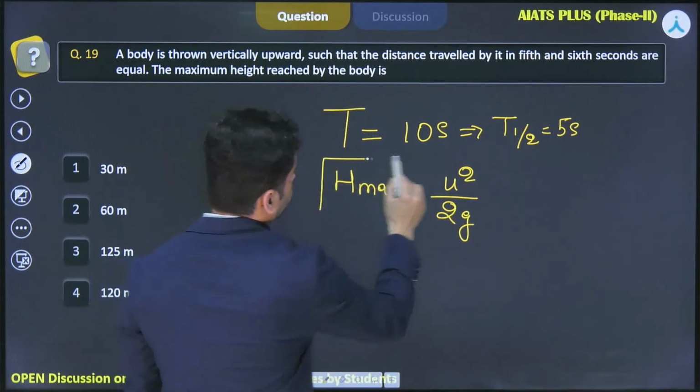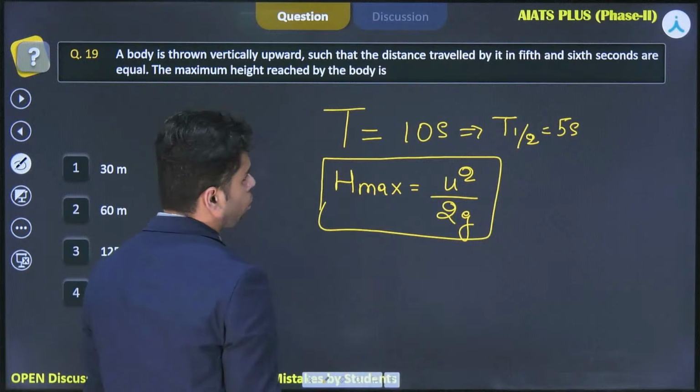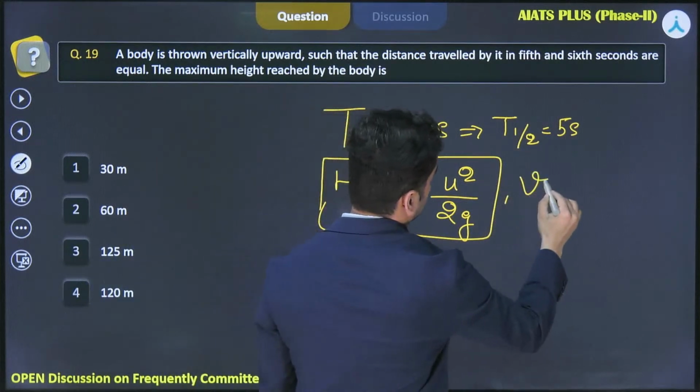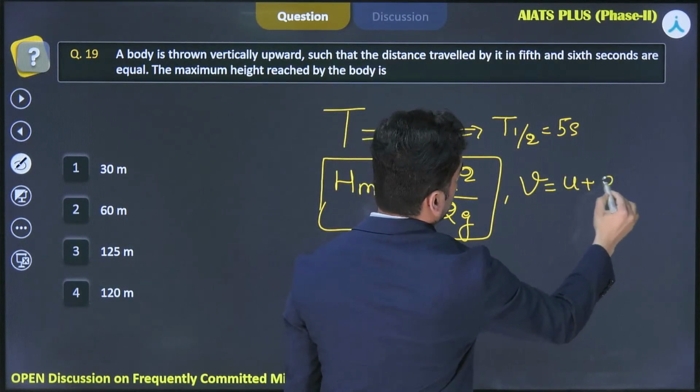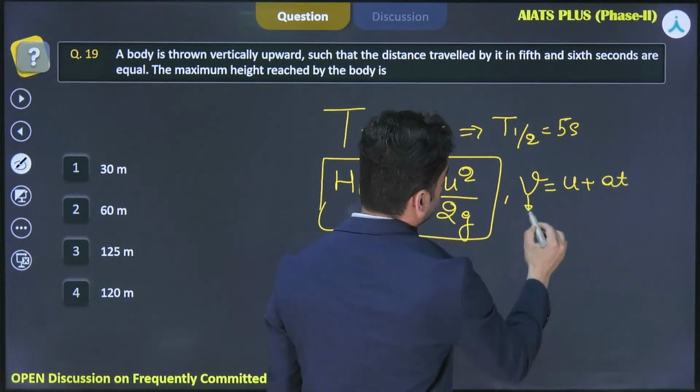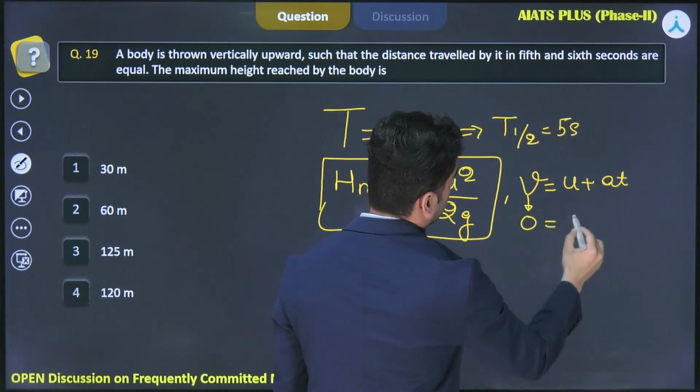H max should be equal to u square by 2g. Let me calculate u also. I can use the equation v equal to u plus at. At maximum height, V is going to be equal to 0. So 0 should be equal to U